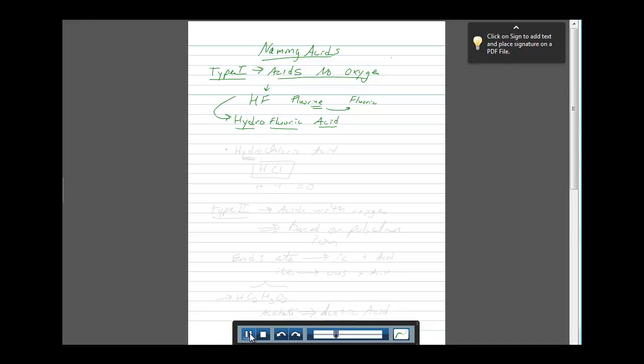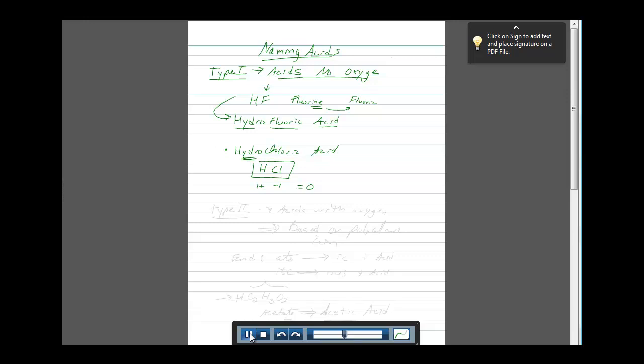We can go the other way to figure out what the formula is from the name. And in this case, I'll start off with hydrochloric acid. And in this case, hydro is telling me that there's no oxygen in there. Chloric is going to be coming from chlorine. And then the acid indicates that I have an H in front. Now, to make sure that the formula is correct, what's the charge of hydrogen? 1 plus. What's the charge of chlorine? 1 minus. And so since they add up to 0,